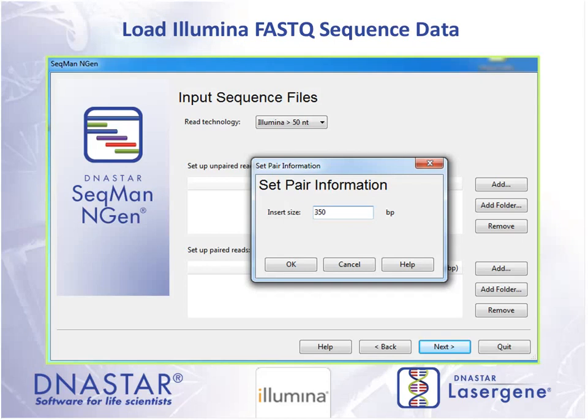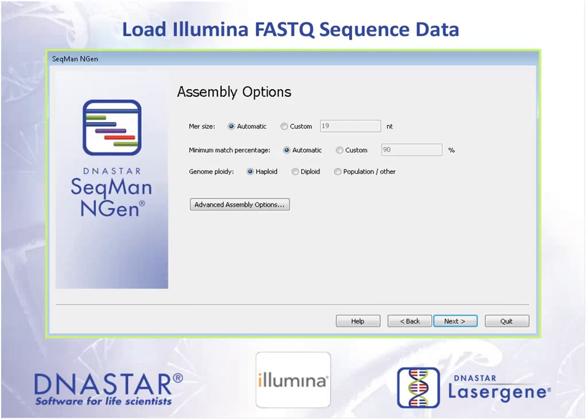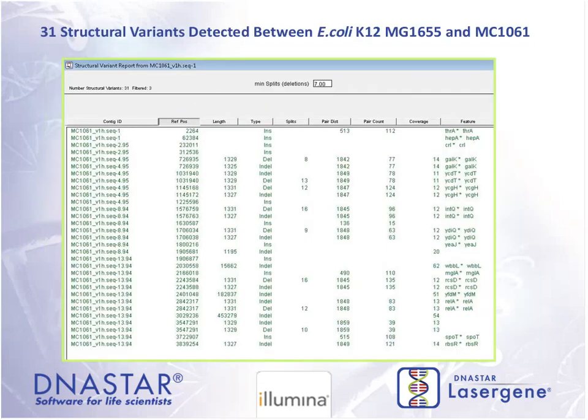So we set up an insert size. It doesn't have to be exact. Close is good enough generally for what that actual distance is. Sometimes it's nice too to have different size pairs if you can get them. We just stick with default options. We change our ploidy to haploid, and we're ready to go. And so we get an assembly, and the first place that I look in my assembly,